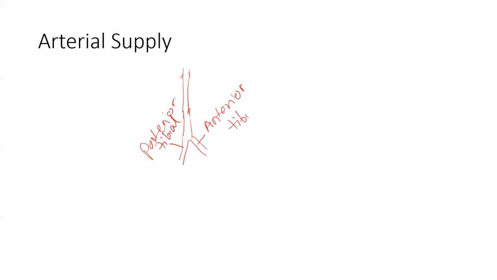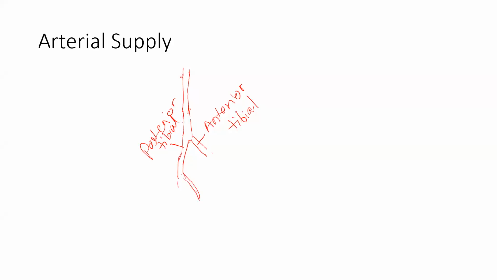Anterior tibial artery is smaller compared to the posterior tibial. So this anterior tibial artery pierces the interosseous membrane and enters the anterior compartment. And it travels on the interosseous membrane between the muscles of the anterior compartment, the extensor digitorum and the extensor hallucis. Then the posterior tibial, it travels in the posterior compartment